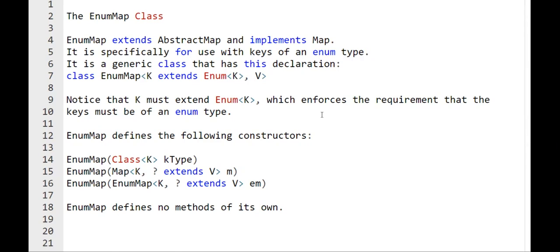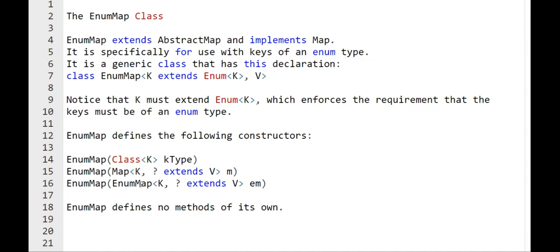Then we can create an EnumMap from an existing map, and we can also create an EnumMap from an existing EnumMap. EnumMap defines no methods of its own. It will utilize all the methods that are present in AbstractMap, which is the base class for this class. Those methods we can use on EnumMap.